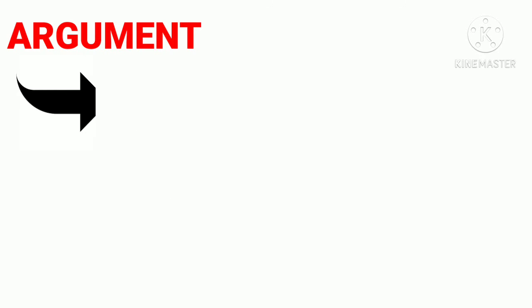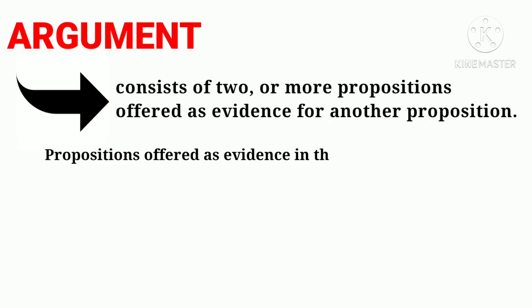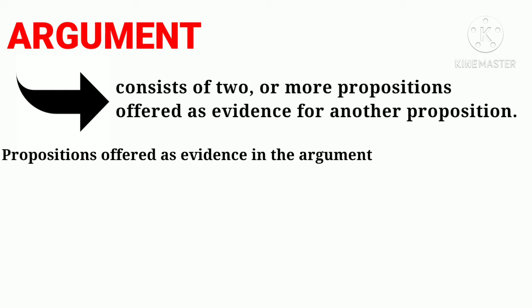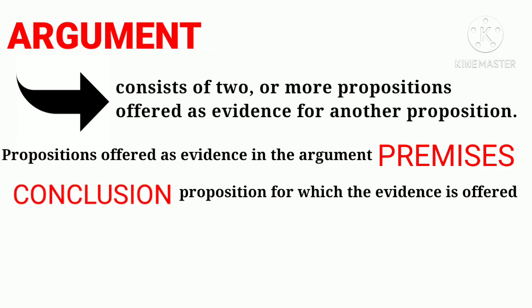An argument consists of two or more propositions offered as evidence for another proposition. In logic and critical thinking, the propositions that are offered as evidence in the argument are called the premises, while the proposition for which the evidence is offered is called the conclusion. Thus, when one gives an argument, one is providing a set of premises as reasons for accepting his or her